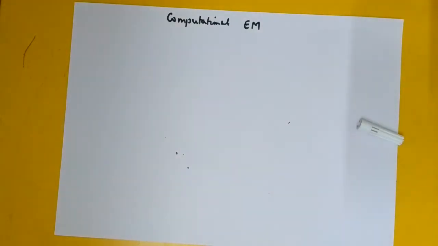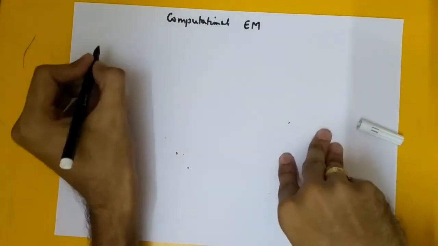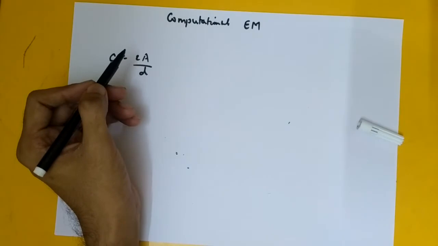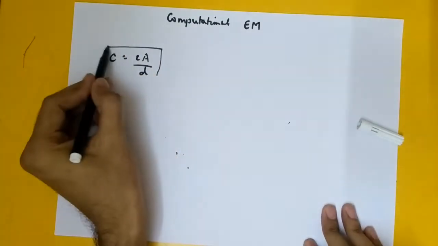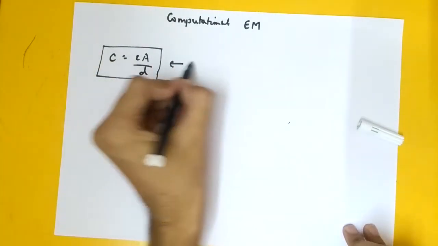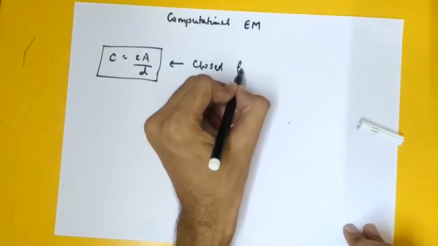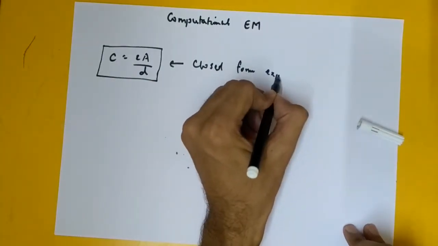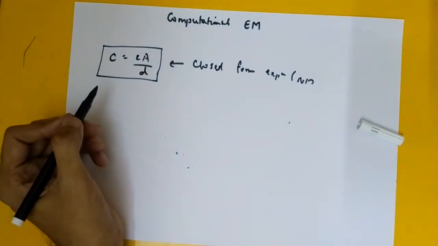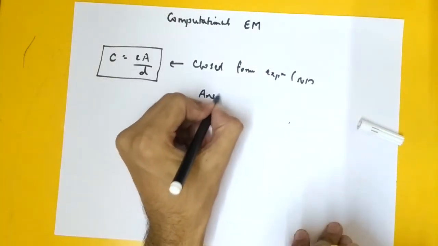Why we study this is, first, we need to understand what a closed form solution is. If I ask you what is the equation for a capacitor, hopefully everyone will tell me C is epsilon A by d, right? This is an explicit algebraic equation which defines the formula for the value of a capacitor. This is called a closed form expression or a closed form solution, which has an explicit algebraic equation. This comes under the purview of analytical solutions.